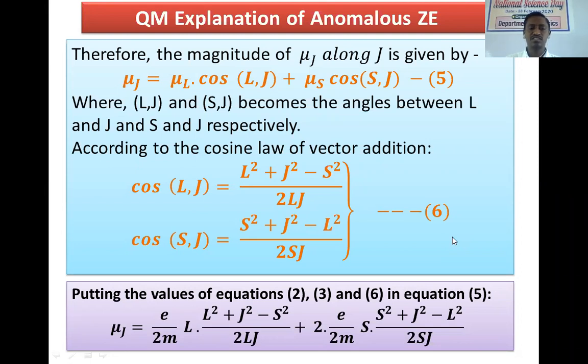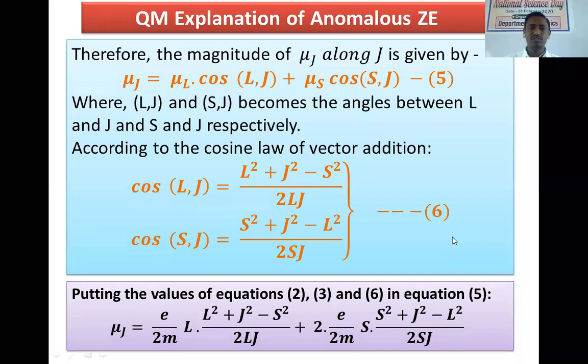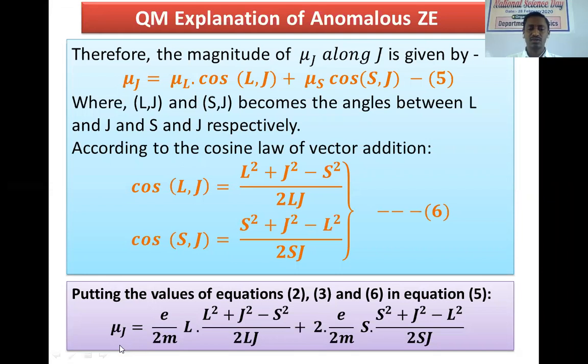Now put these values of cos Lj and cos Sj in equation number 5. Again put the values of mu L and mu S from equations 2 and 3. Therefore equation 5 will be mu j equal to e by twice m into L, that is our value of mu L, into cos Lj equal to L square plus j square minus s square divided by